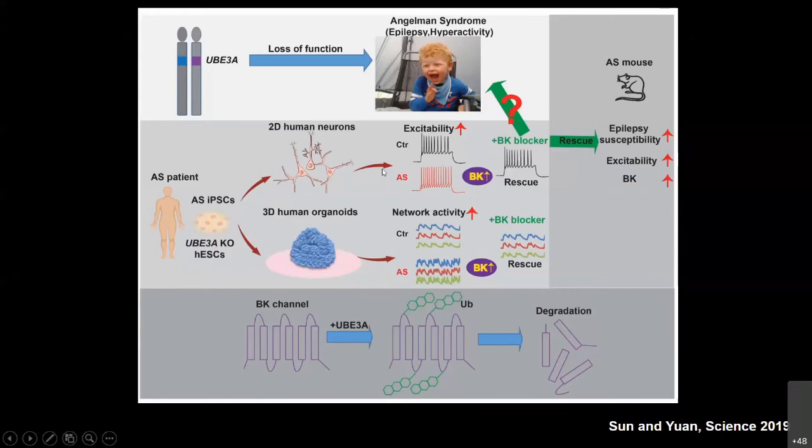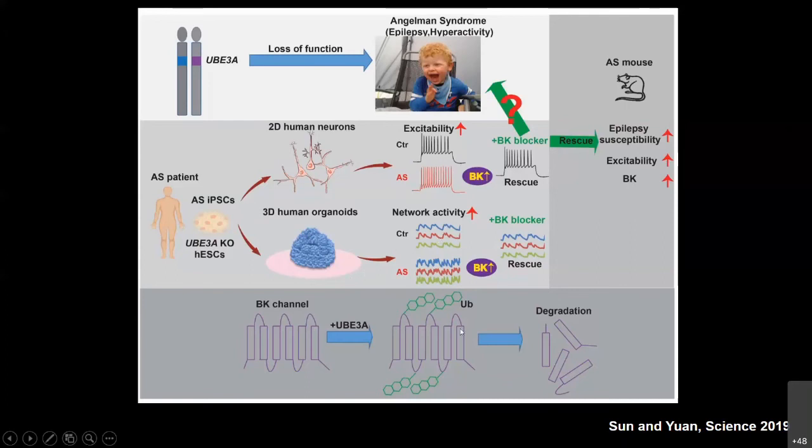So this is really a kind of functional modeling of Angelman syndrome patient neuron cells. We started from a very simple idea, that is, we want to make functional 2D neurons and study whatever is wrong in these neurons. And surprisingly, this led us to uncover an excitability phenotype of the knockout neurons. And we subsequently validated these findings in 3D human brain organoids.